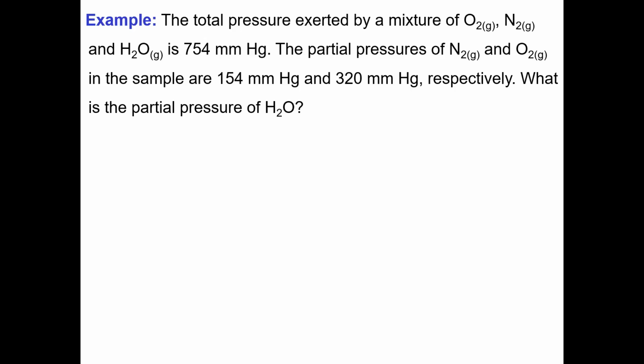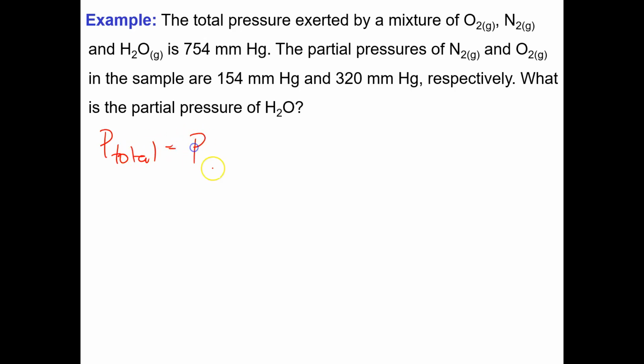So here's a little example. The total pressure exerted by a mixture of O2, N2 and water vapor is 754 millimeters of mercury, so just a little less than 1 atmosphere. The partial pressures of N2 and O2 are 154 millimeters of mercury and 320 millimeters of mercury respectively. What is the partial pressure of H2O? Well, this is what we know. The total pressure